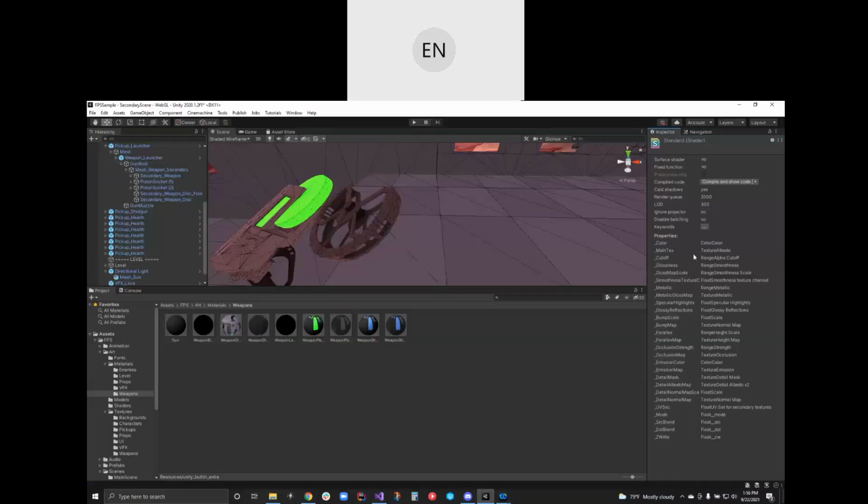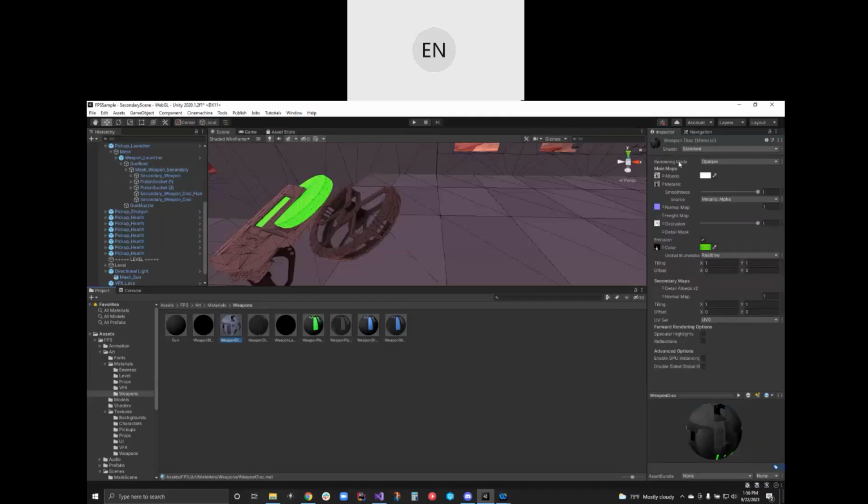All right. But these properties are exposed out, much like values are properties in a C# script. Meaning these are variables that are exposed out from the shader code and are exposed through the material. All this stuff here is the properties that was being listed out.